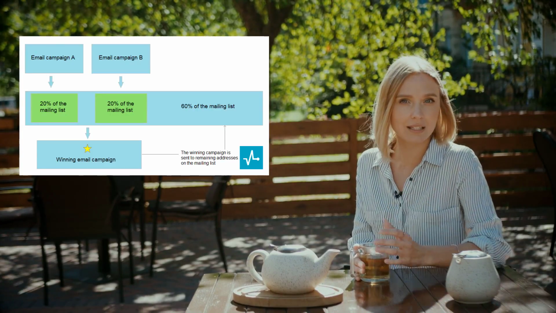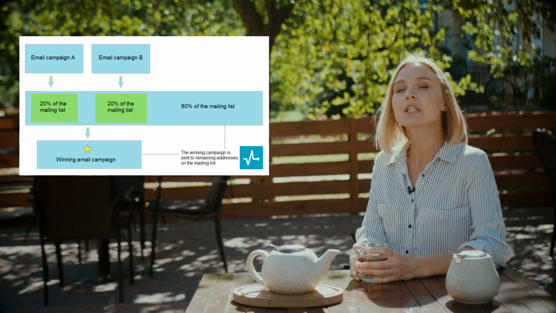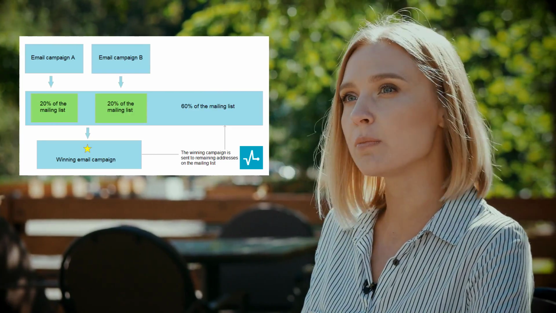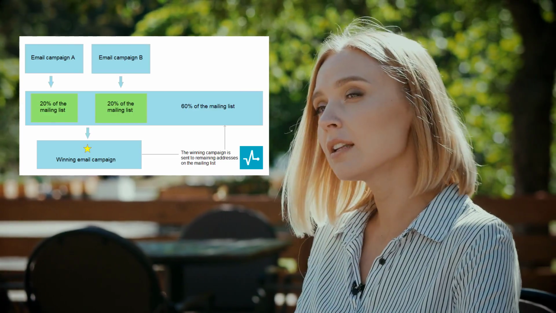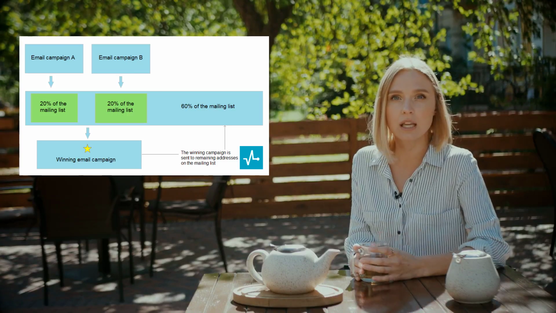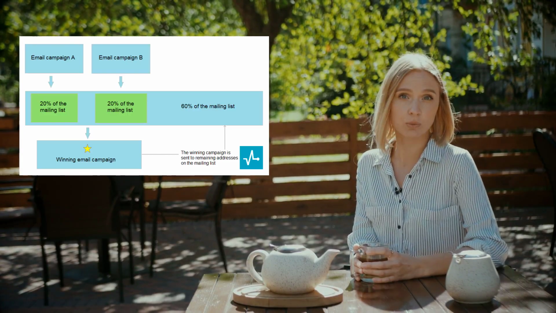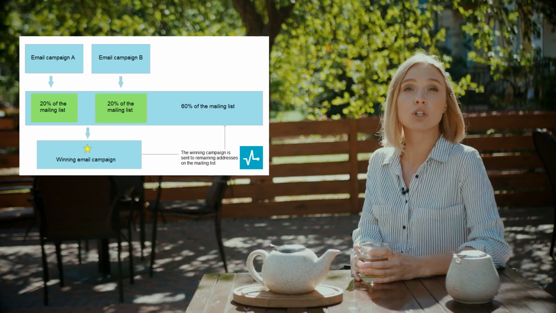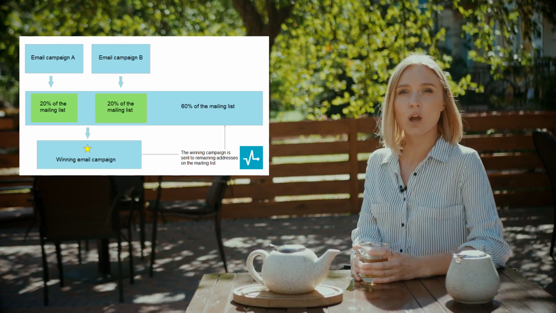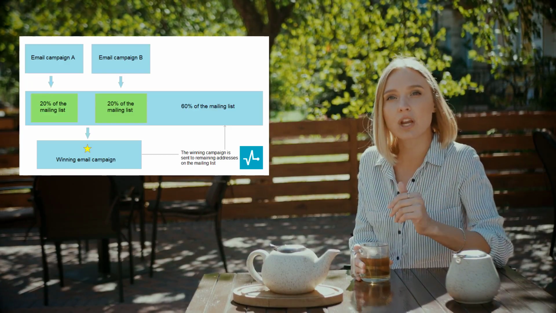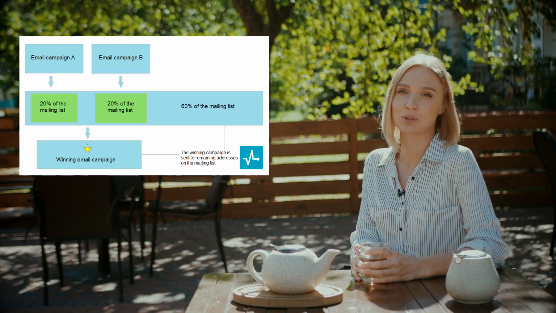To bring this test in, divide your subscribers into two equal groups. Send your existing version of your email to the first group. Then, change one element in it, for instance, a call to action button, and send it to the second group of your subscribers. After that, set a condition for the system to determine the winning campaign. Wait 24 hours to collect the results and send the champion email to the remaining subscribers.